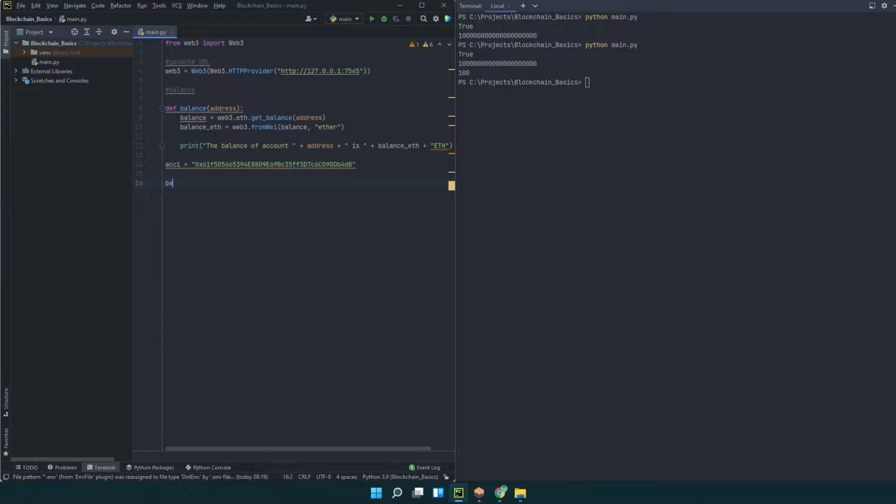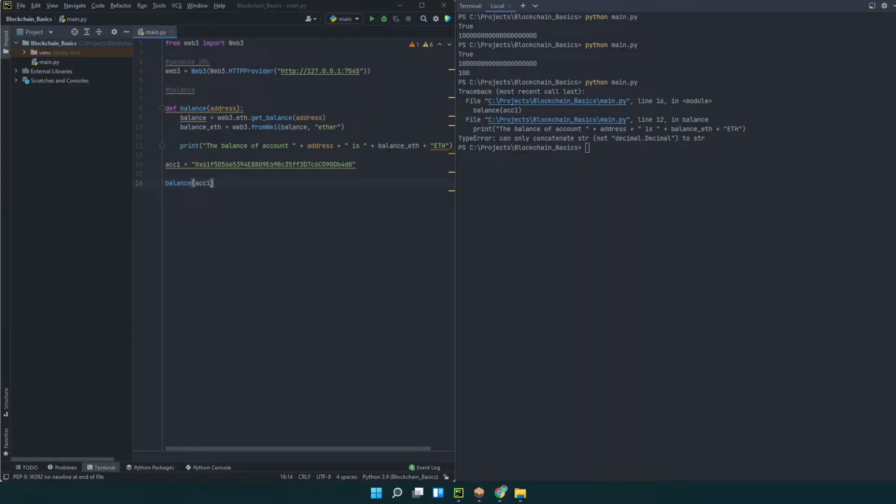Let's call the function and see if it works. So balance account 1. Head over to the terminal. Sorry guys, I think we need to convert this into a string. There you have it. So the balance of account, this is our first account over here,